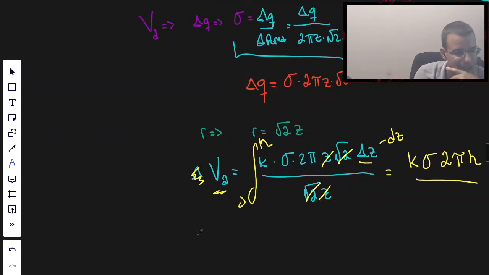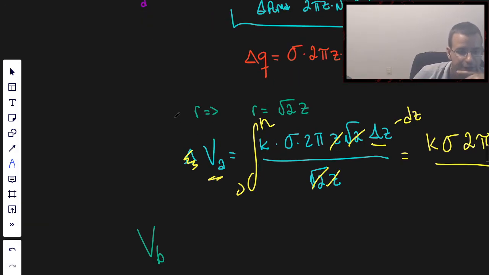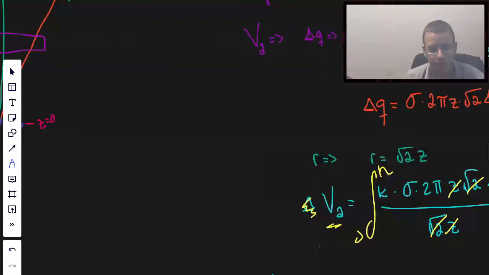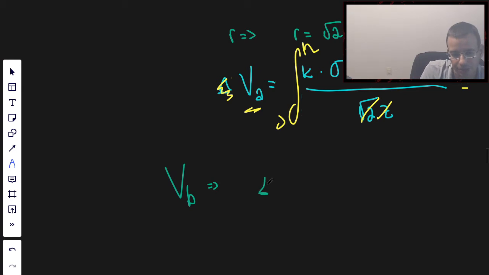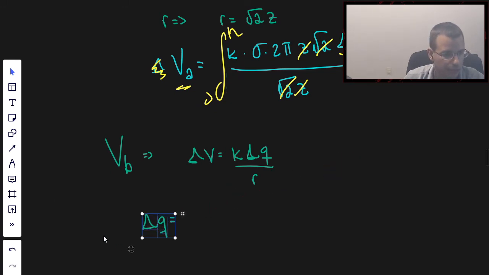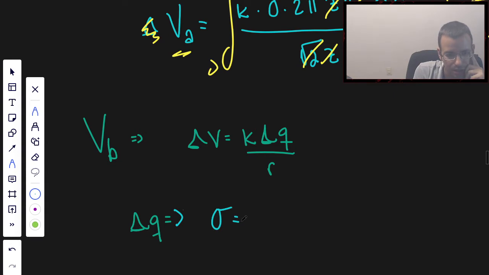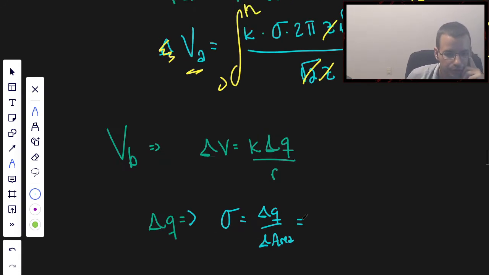All right, so now for the slightly more nuanced portion, we're going to do the exact same thing. Voltage at B. So voltage at B is up here. We're going to use the same formula for voltage, and we're going to say that a small bit of voltage equals K, small bit of charge, over radius. So now we're going to say that delta Q, to find delta Q, I'm going to move it down here just to give myself a little bit more space. And I'm going to change to light blue because I've grown fond of the color light blue. I'm going to say that sigma equals a little bit of Q over a little bit of area. A little bit of Q is just going to be delta Q, that's what we're trying to find. And the area this time